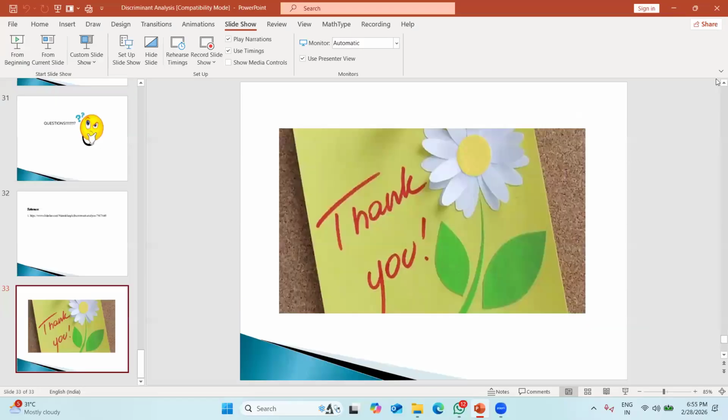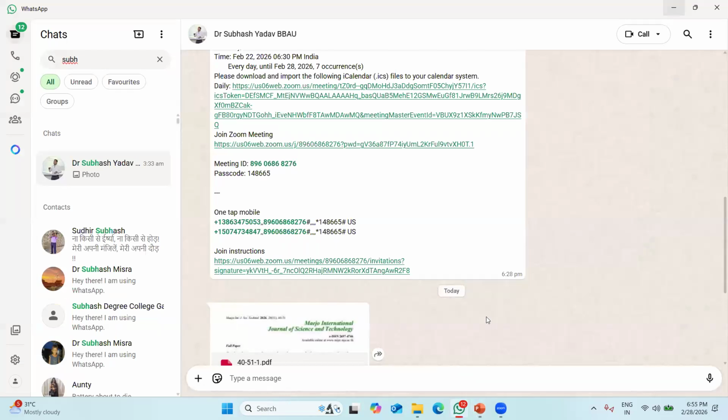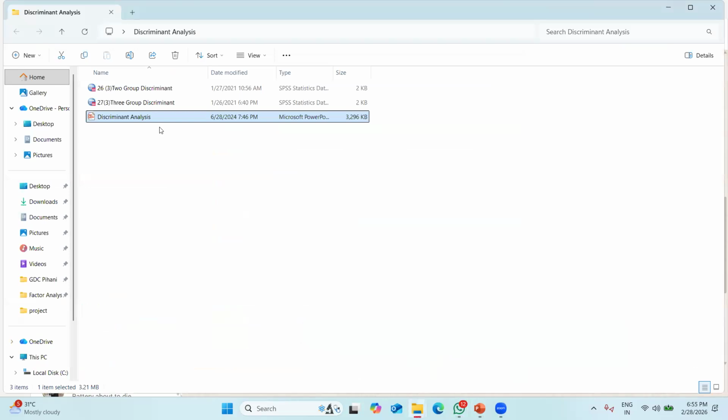So now let us do it hands-on. Let us do hands-on in SPSS, and then we will be entertaining the questions. For the two group case,